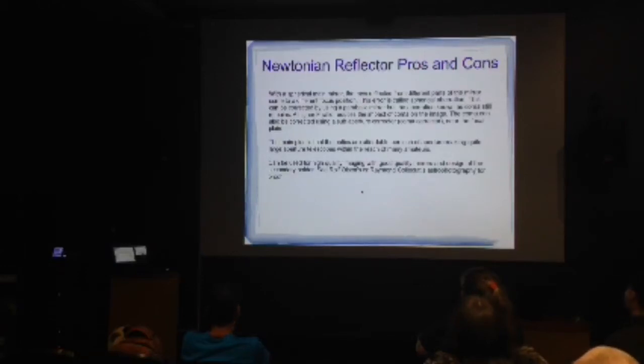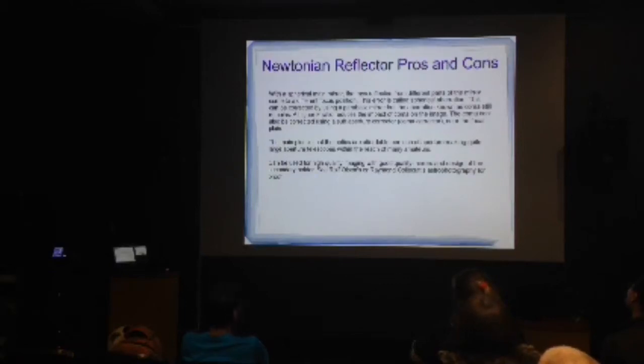apart from the reflective surface on the mirror, we've got some other issues with the Newtonian reflector. If the main mirror is spherical in shape, then if you trace out the rays, just using the angle of incidence equals angle of reflection rule, you find that they don't actually focus to a point. And this kind of error is called spherical aberration. If you change the shape of the mirror to a parabola, so if you're buying a Dobsonian telescope, the main mirror is shaped as a parabola, and that gets rid of this